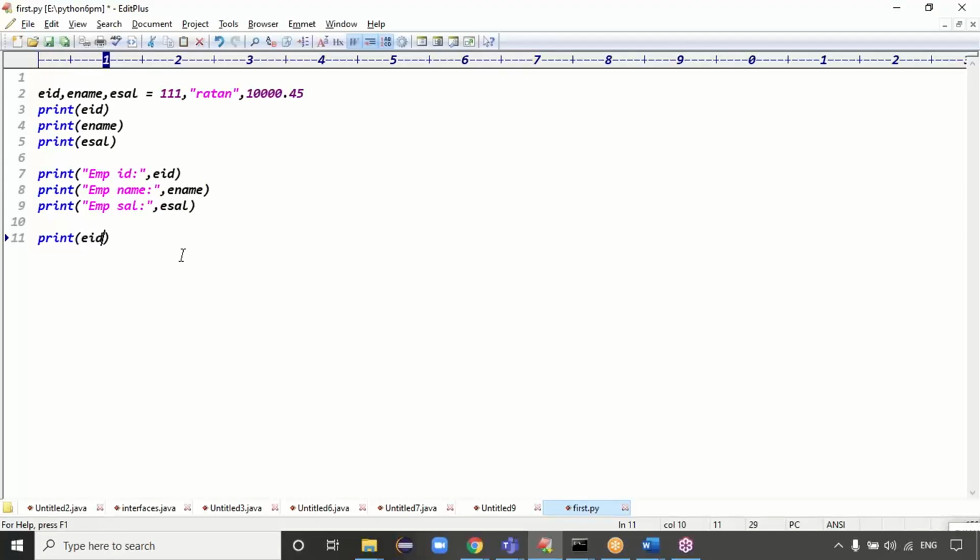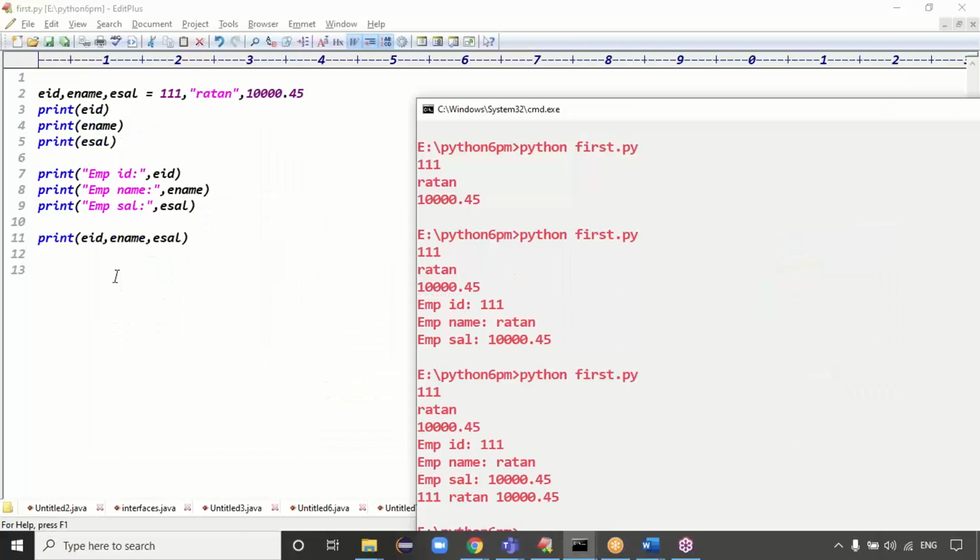Some extra messages. But sir, I want to print in a single line. If you want to print the data in a single line, you can print employee ID, employee name and employee salary, guys. In Python, to print the data, simply comma is a separator, guys, basically. Which one is the separator? Comma is a separator, right? Exactly. EID, comma, ename, comma, esalary, right? Exactly. You try to print the data.